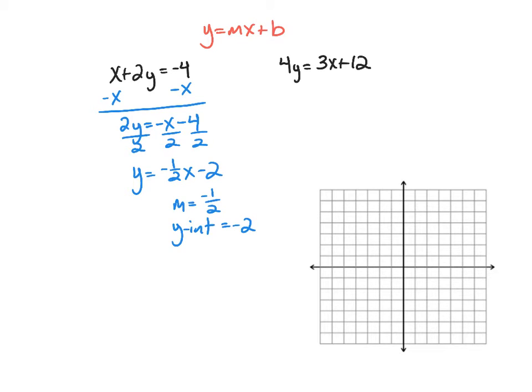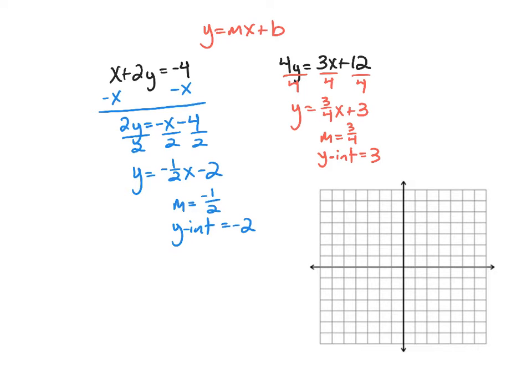The second one, it's almost in slope-intercept form. This particular problem, the 4 is the only thing on the wrong side, so I'm going to divide everything by 4. So I get y is equal to 3/4 x plus 3. Here my slope is 3/4. My y-intercept is equal to 3. Okay, now that I have both equations in slope-intercept form, I'm going to graph both equations on the same